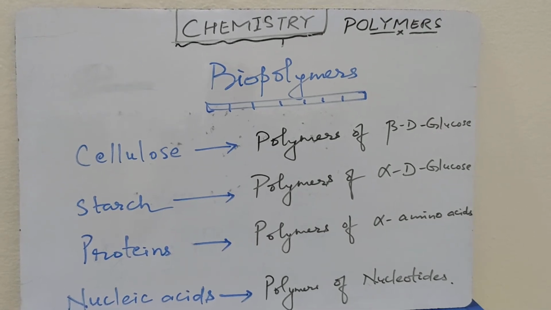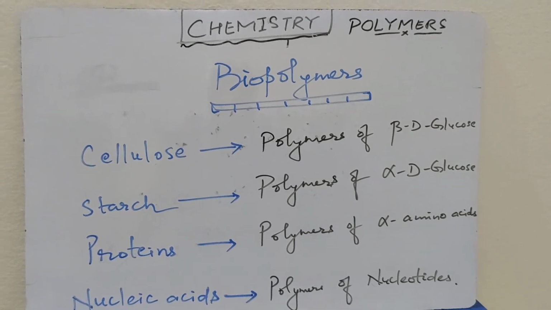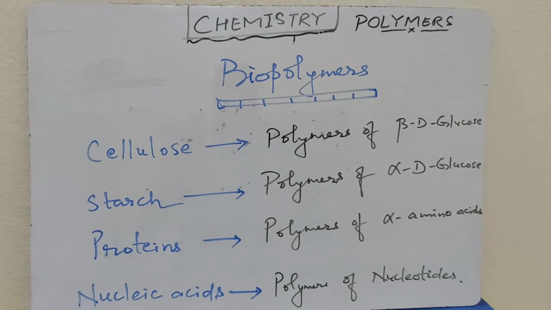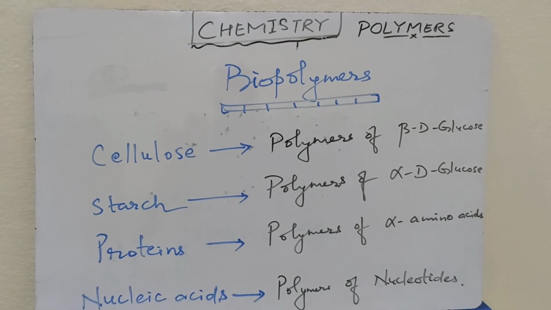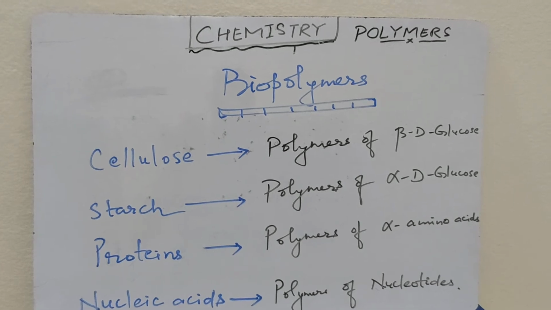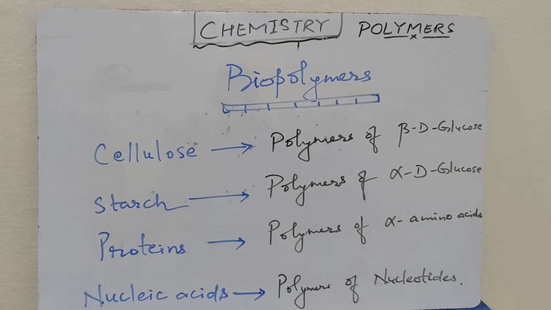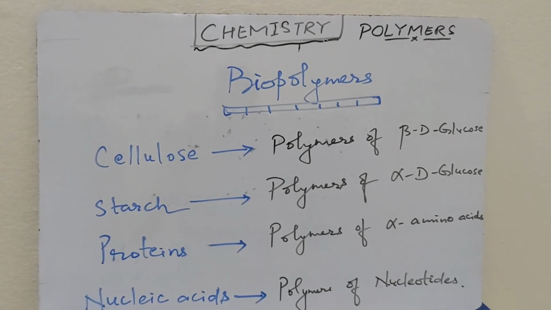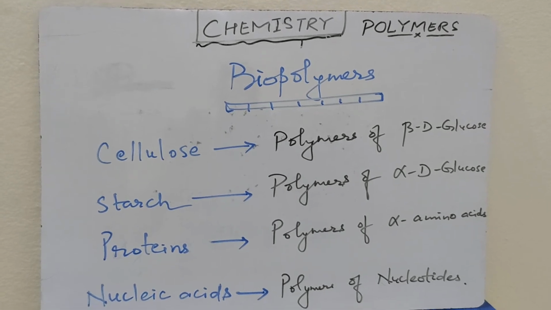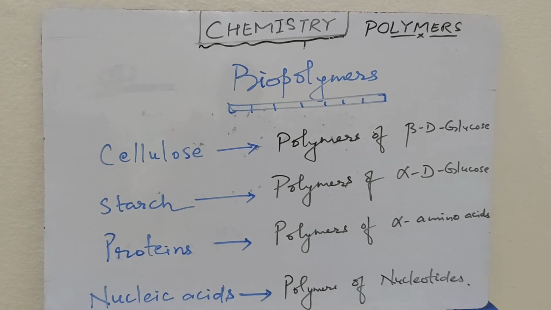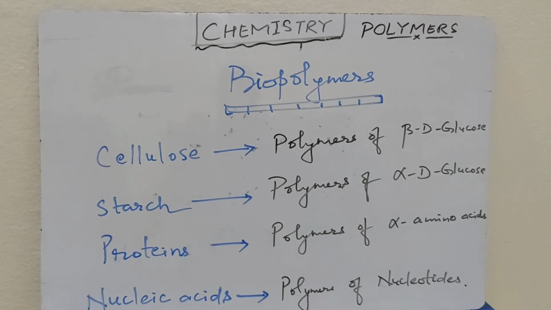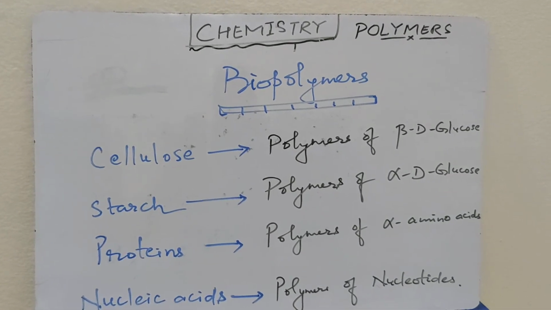DNA is the genetic material of most organisms and it is the blueprint of life. DNA is capable of forming its exact copy. The process is called replication. The other nucleic acid is RNA, ribonucleic acid. It is the genetic material in certain retroviruses like the HIV virus, which causes AIDS.